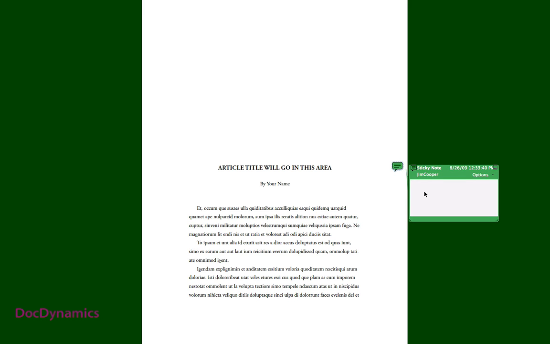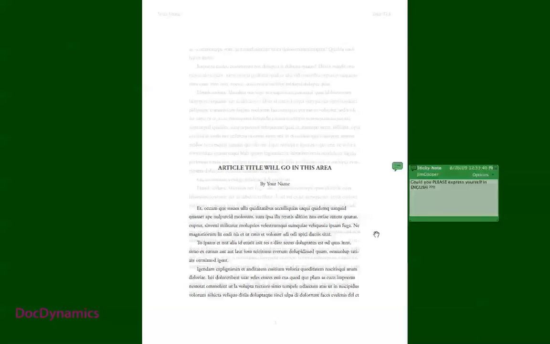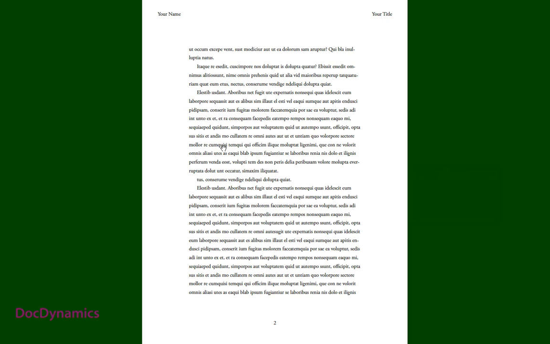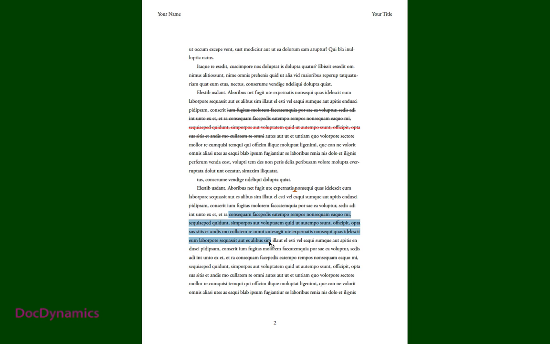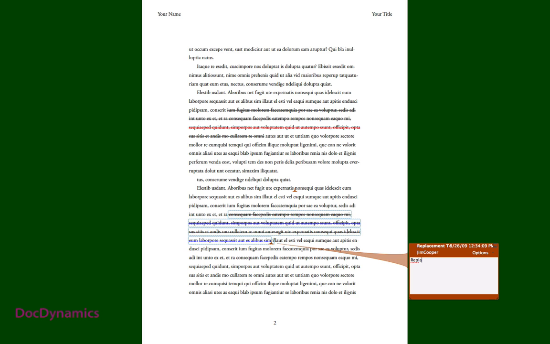fix a sticky note to a page, then transition to the Edit tool, where you can indicate what you want deleted, pick an insertion point for new text, or annotate a replacement. Okay, if you're using Reader, there's a couple of extra small steps, so hang around and we'll show you how